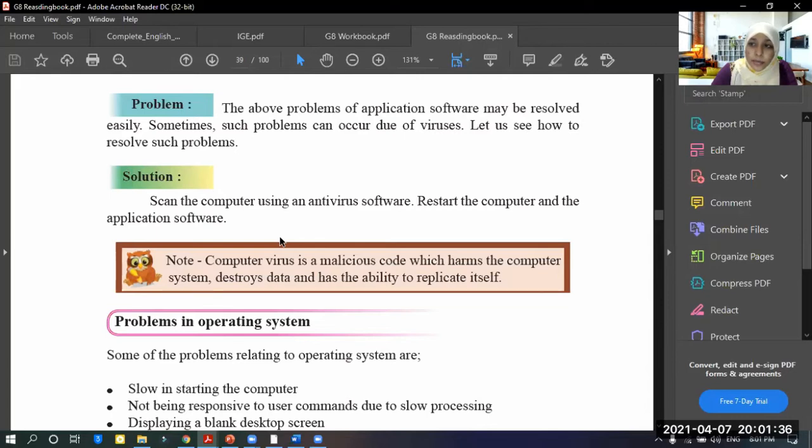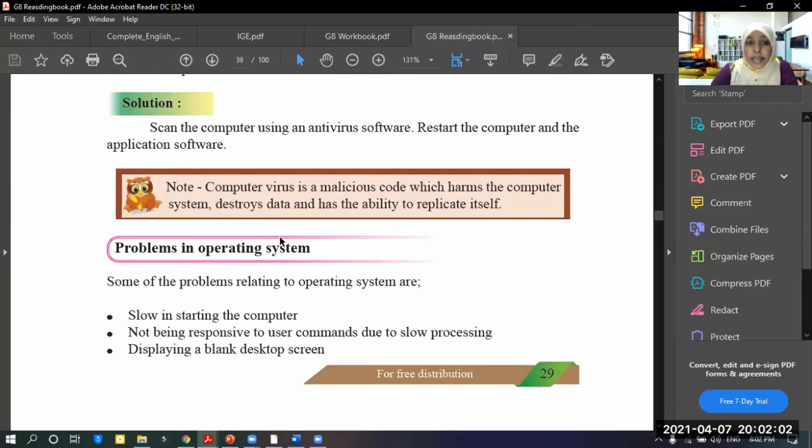They come to our computer and destroy the data and information, delete them, rename them, and do a lot of things if they enter my computer, these viruses. If you want to know about the viruses, you can go to the YouTube channel and watch the grade 7 videos about the viruses, virus attacks.